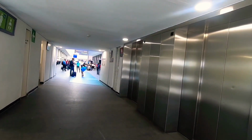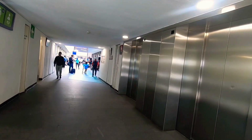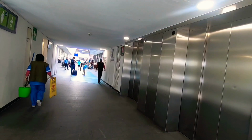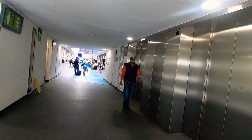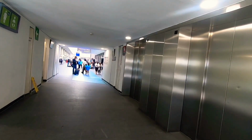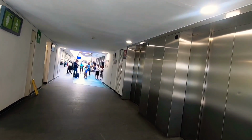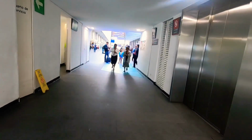This area has a few less shops related to money exchange and car rentals because this is the departure floor. What it mostly has is restaurants and little stores, and I'm going to show you where you enter security and where you take the train to the other terminal, in case you have to go to the other terminal. So let's start our walk,